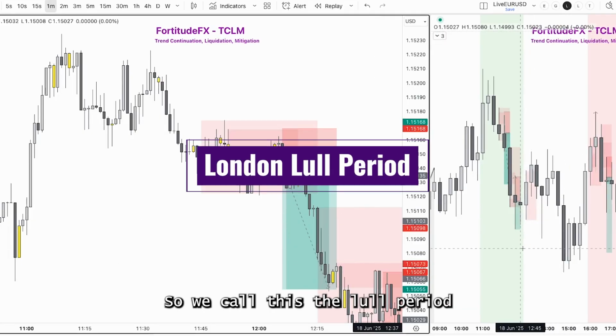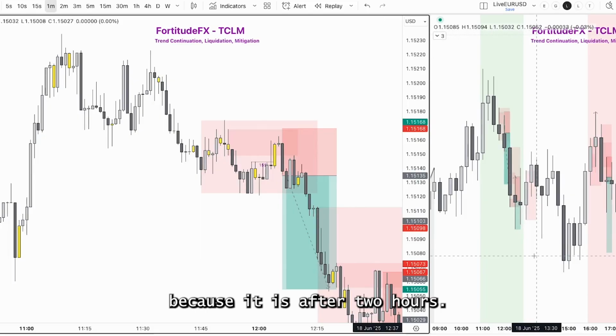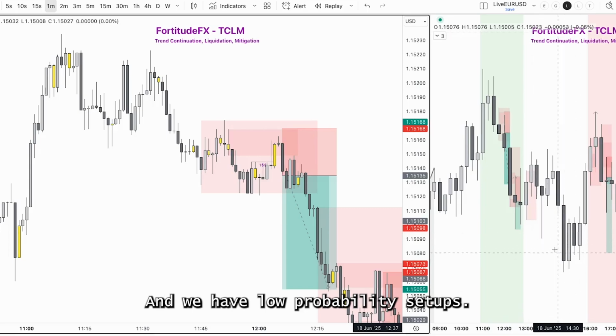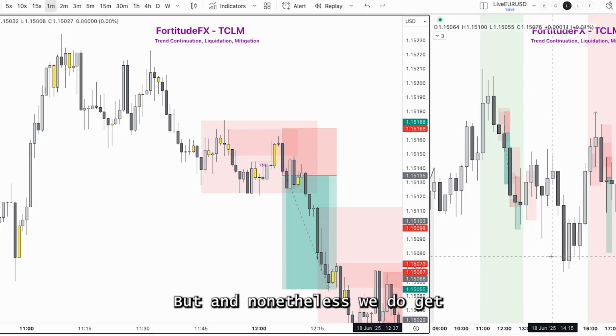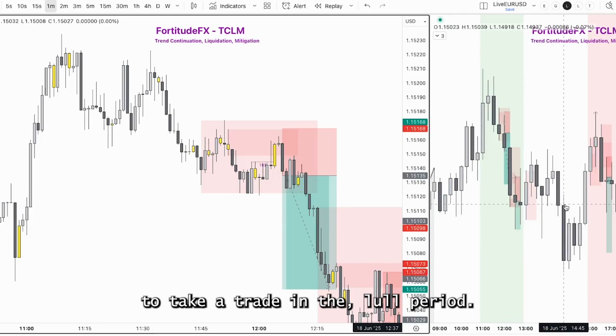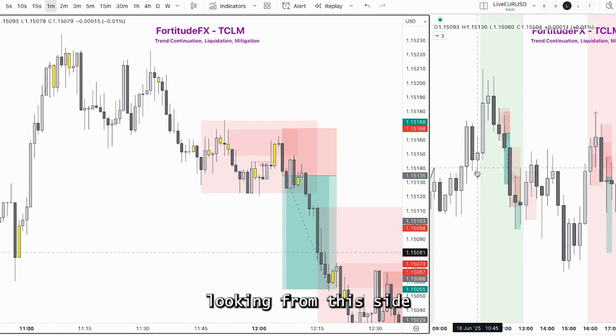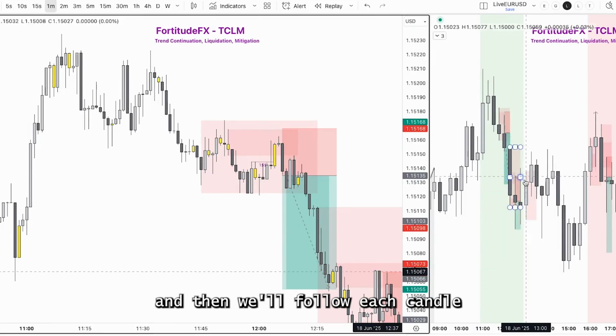So we call this the lull period because it is after 2 hours, and this is typically when price action or volatility slows down a little bit and we have low probability setups. But nonetheless, we do get interesting setups, and oftentimes when you take them, they are winners. But again, a lot of confluences would have to be stacked on your side for me to take a trade in the lull period. Okay, so let's start looking from this side, and then we'll follow each candle as it